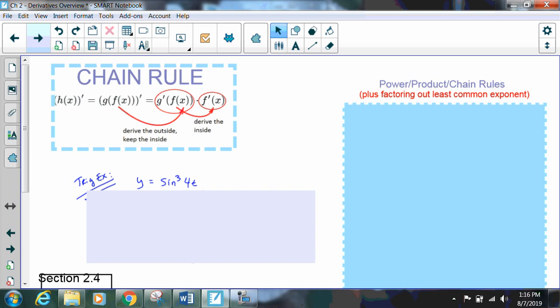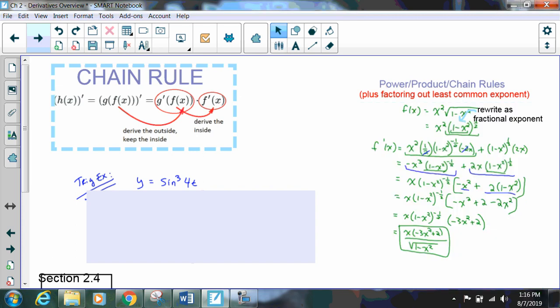2.4, we've got the chain rule. I'm going to go ahead and show you, let's see, which one should I do? Let's do this one first. When we're given this function, first I'm going to rewrite it so that we have a fractional exponent, right? It's hard to take derivatives with the root. Well, it's not hard. We just can't do it. So we're going to rewrite first, and then we go through using the product rule because we don't have an